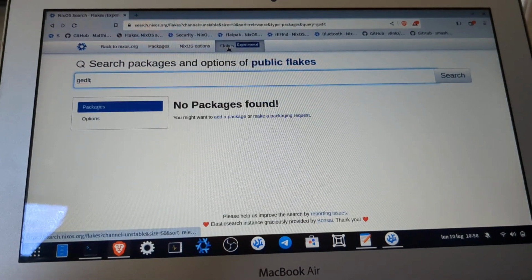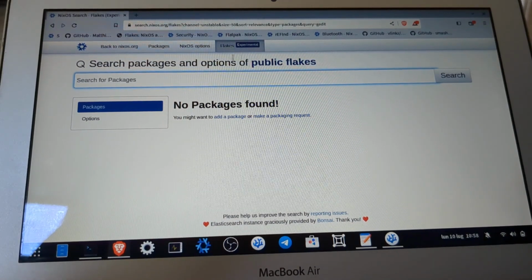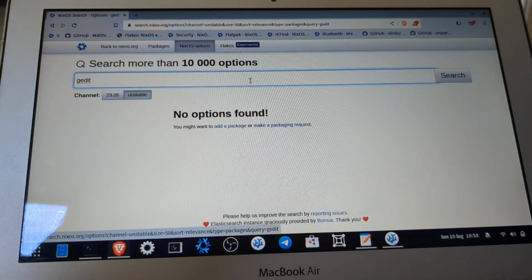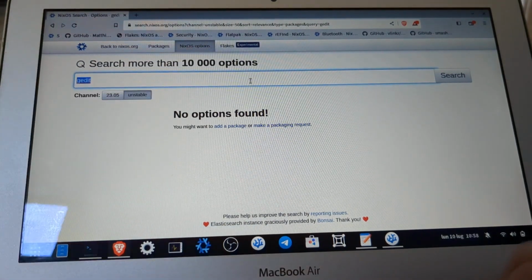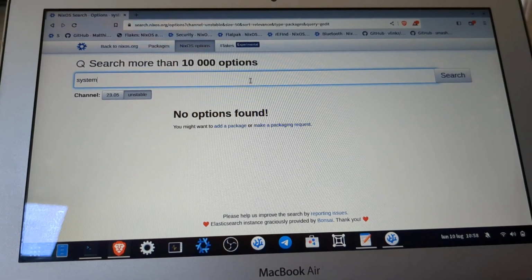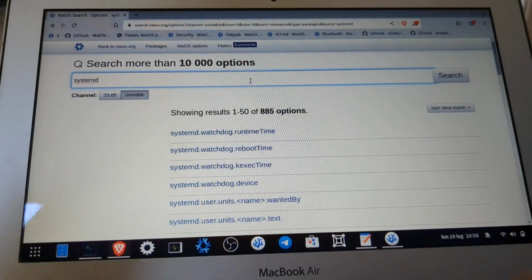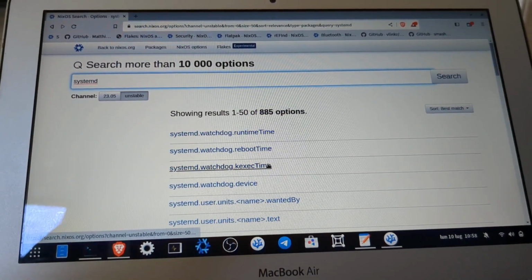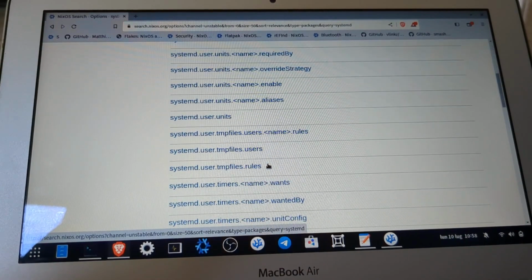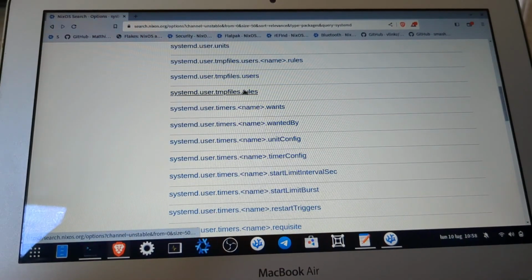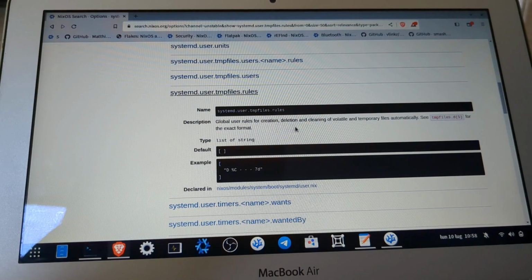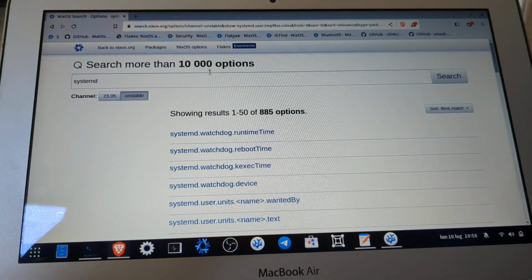Then we have the flake support for some software, and you also have the options, the ones you specify in the configuration here, and also the default values.